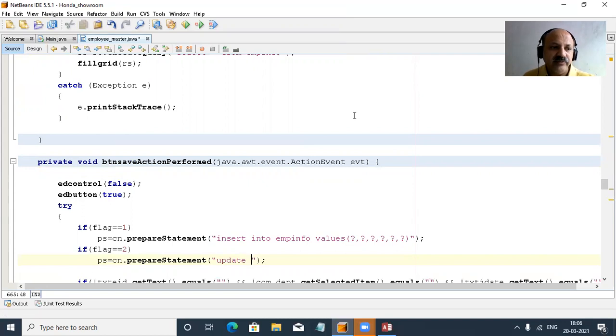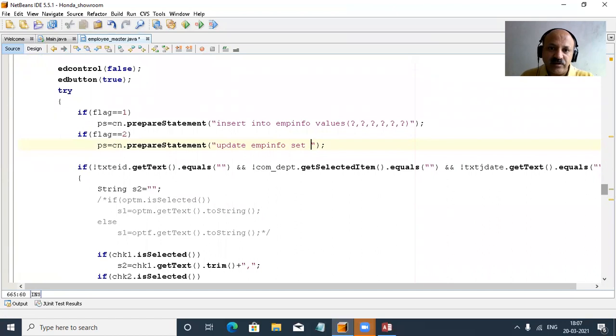Here we can select the appropriate record and perform our update operation. That is very important. The select query we have already performed, and now we turn to the update operation. Which coding? You have to take update, and then your table name, emp info, and the set keyword.